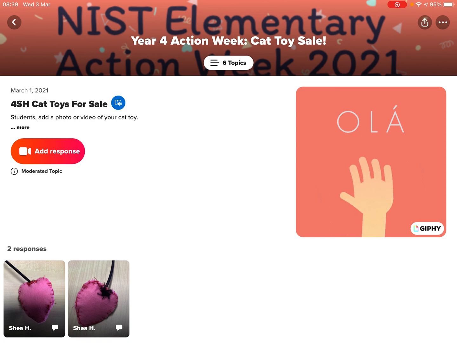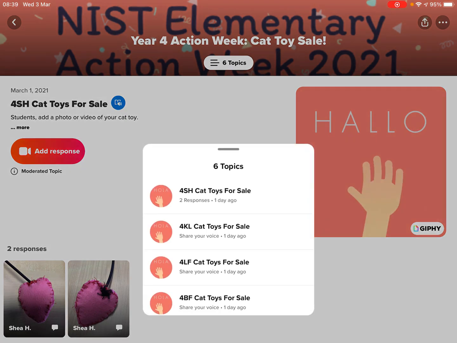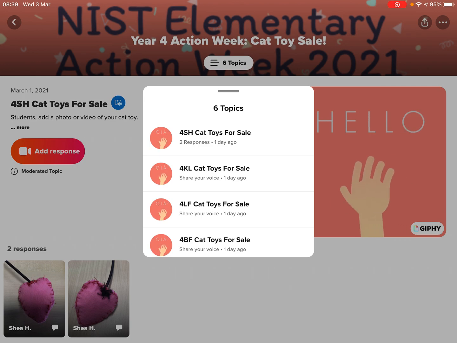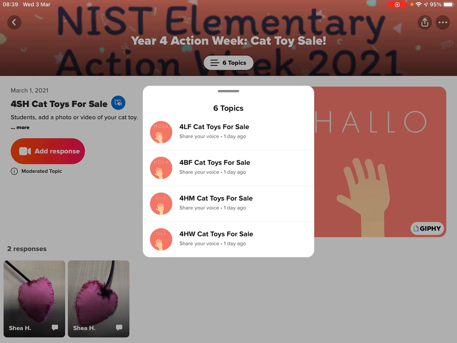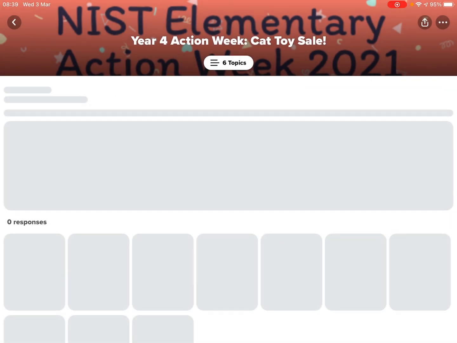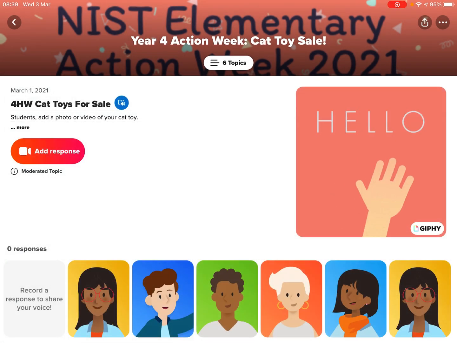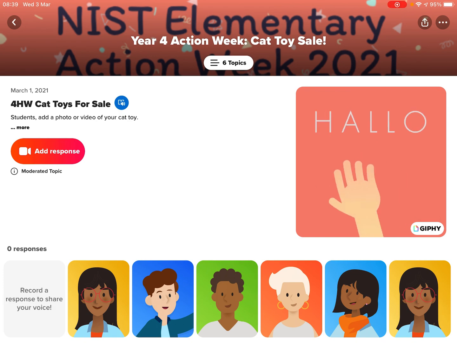You can see at the top it says Year 4 Action Week Cat Toy Sale. And then below it has a page for the 4SH cat toys. If you're in a different class, you can click this white button at the top that says 6 topics. Then all the different classes will come up. Let's say I'm in 4HW. I'm going to click on the 4HW page, and I can see that as of right now, there's not a